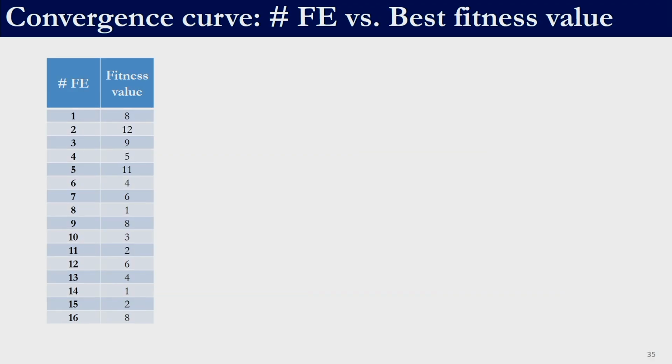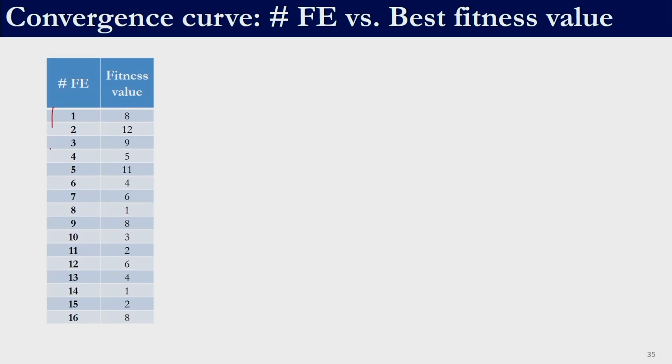So, there is another type of convergence curve which is plotted between the number of fitness function evaluations and the best fitness function value. Let us say in this case the x axis is not going to be iteration, the x axis is going to be the number of functional evaluations. So, what we are trying to plot is every time I evaluate the function, what is its objective function value, that is what we are going to plot.